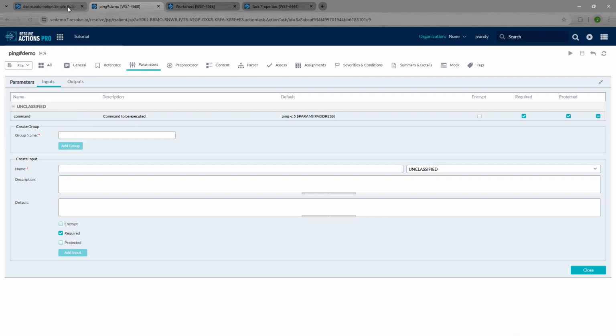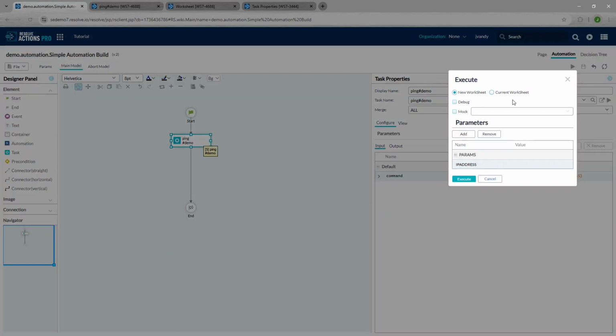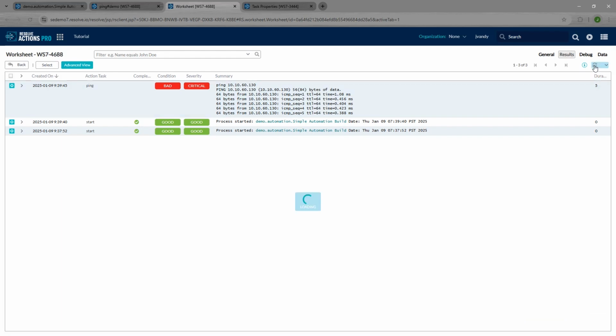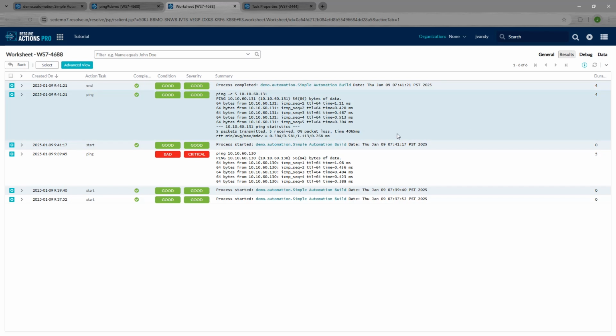So I've saved that task. Now I go back to my automation. If I click off of it and refresh, you can see that the parameters have been updated. So now when I run the automation again for a third time, and check the worksheet, we'll be able to see that we've started it and that we have executed that 5